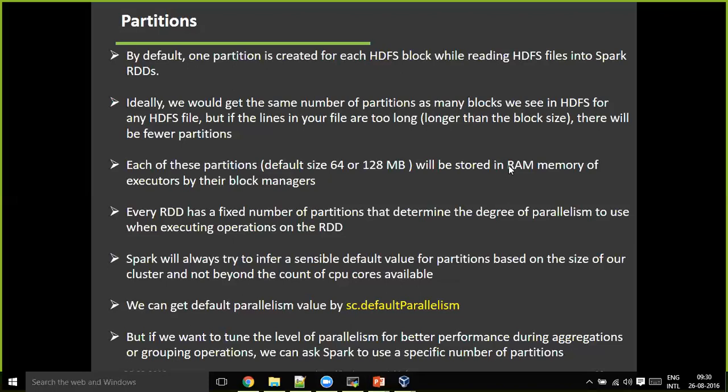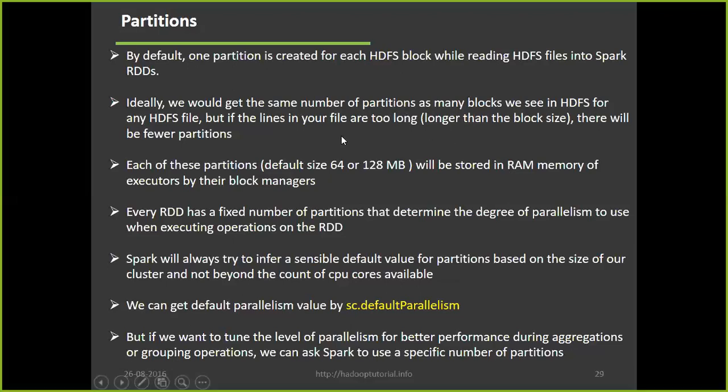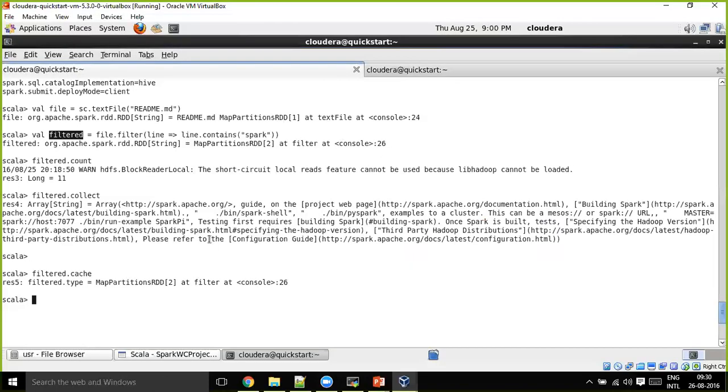Kalpana? Yeah, Shiva, can you go to the Spark Shell example which we executed now? You told that once an action is performed, and again if you want to perform an action, it starts executing from the start. My question is, we have called the action collect on the filtered RDD. Why is it performing again on the file RDD also?